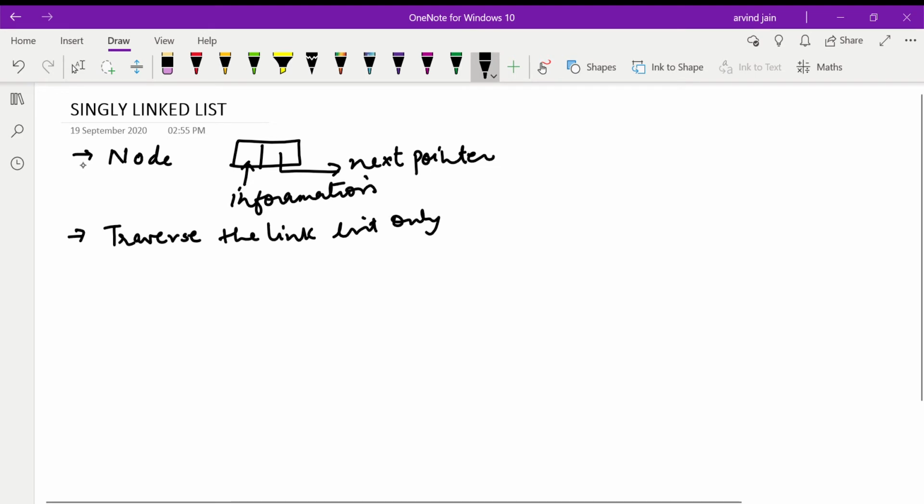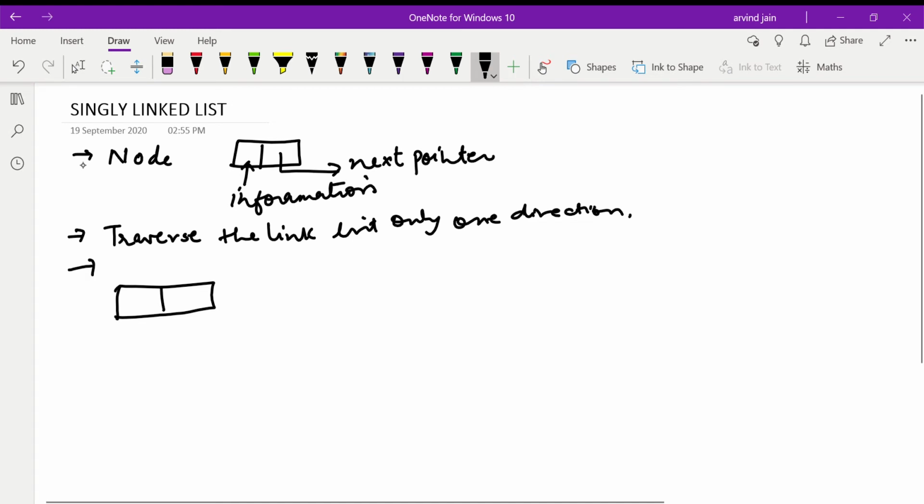Now if a node is pointing to some valid node, which is stored at some valid address, then the next pointer field holds that address.